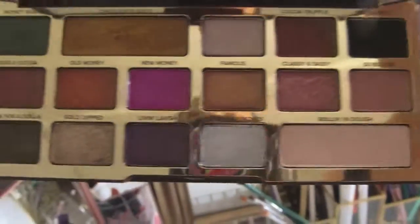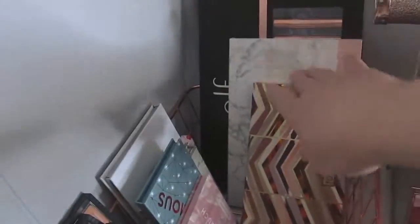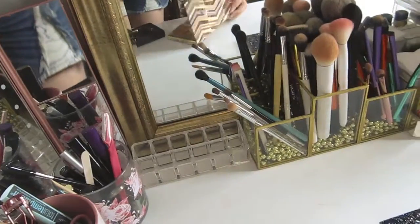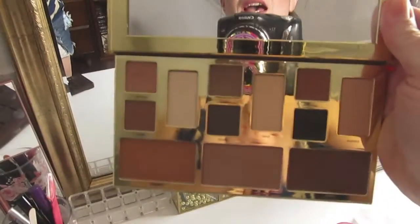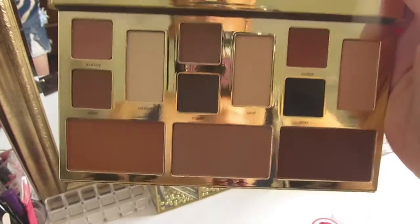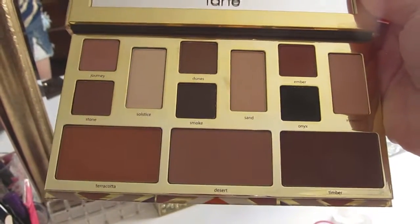Then I have the Too Faced Chocolate Gold palette. I'm sure you guys have all seen this one. Such beautiful, beautiful colors. And another favorite palette is the Tarte Clay Play Face palette. I love this one. It's eyes and face, so you have all mattes, all your setting shades and transition shades, and your face shades to contour and